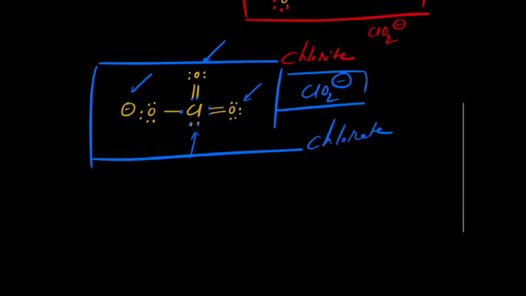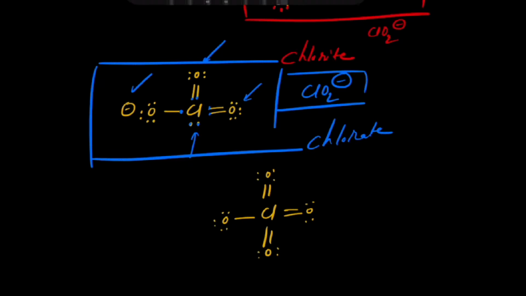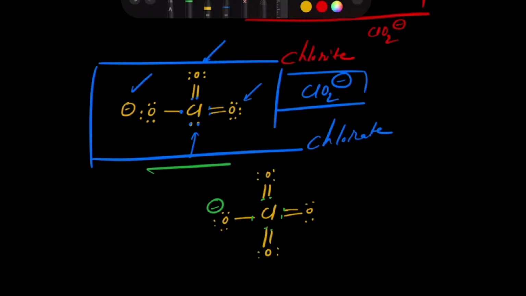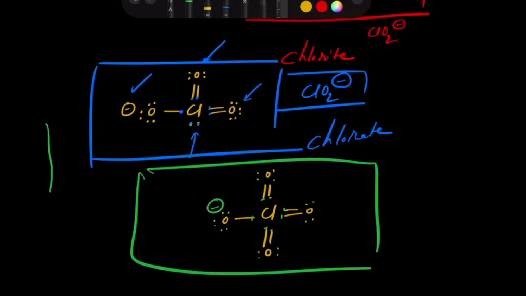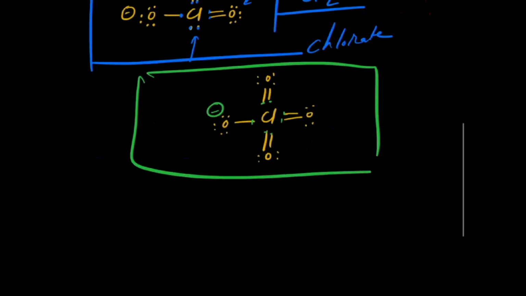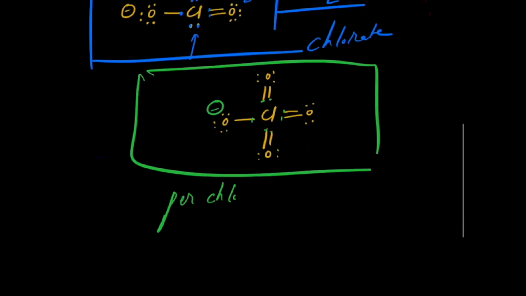There is one more structure that you need to know. Chlorine is double bonded to 3 oxygens and single bonded to 1 oxygen. So this will have 2 lone pairs each. Chlorine will have none because all are gone in bonding. So it has 1, 2, 3, 4, 5, 6, 7. This is neutral. This will have negative 1 charge. This is called perchlorate. And the structure is